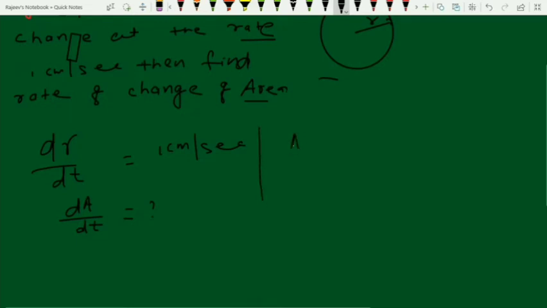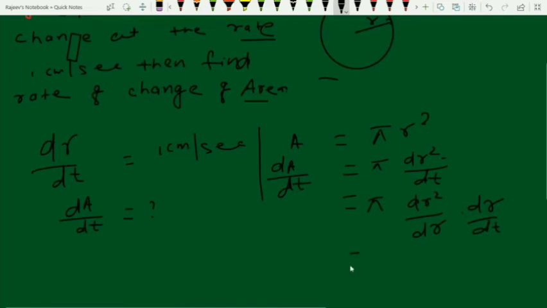So simple, we can write here area is equal to what? Circular cross section, so area is equal to pi r square. But you need dA by dt, so you have to differentiate both sides. If you differentiate both sides, this becomes dA by dt, and pi is constant outside. This will be d(r square) by dt. Now you cannot differentiate this directly because this is a function of r, so there must be dr in the denominator also. So we can write pi into d(r square) by dr into dr by dt. This is the chain rule.